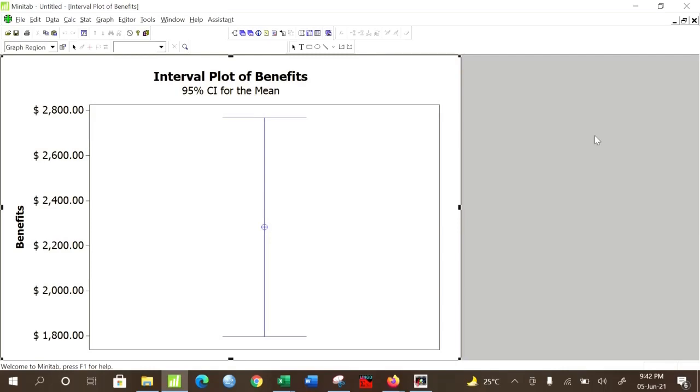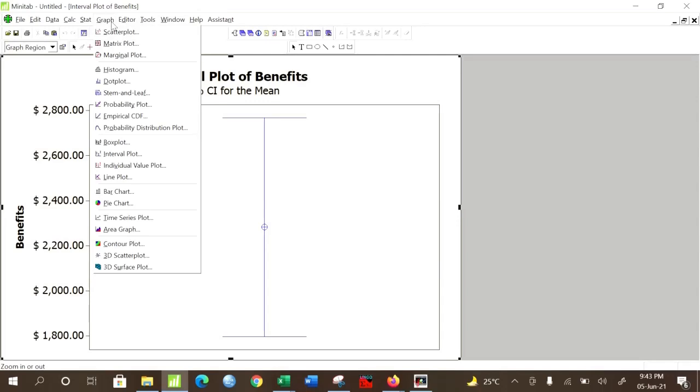For a single particular data it may not be so helpful, but if you compare same data for two categories, then you may like to compare the interval plot side by side, and it is a good tool for comparison purpose, but otherwise it is not very helpful for a single particular data, like in this case.